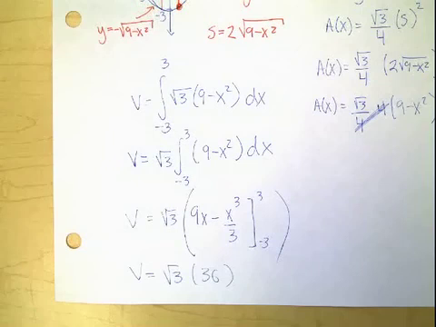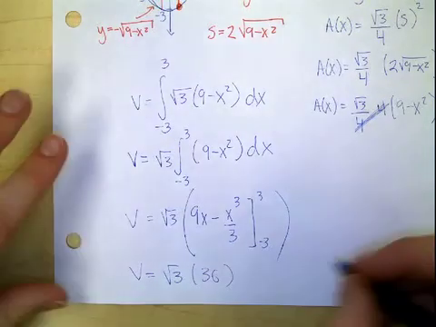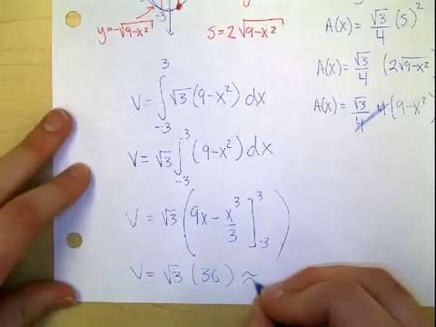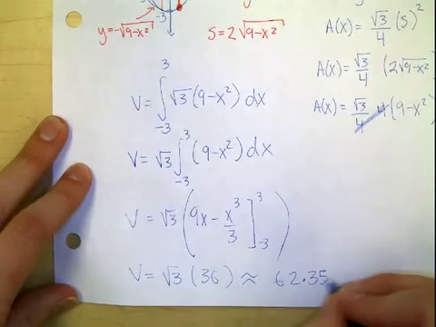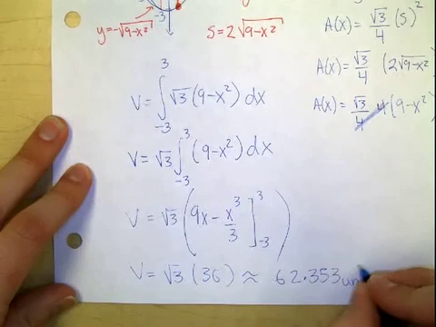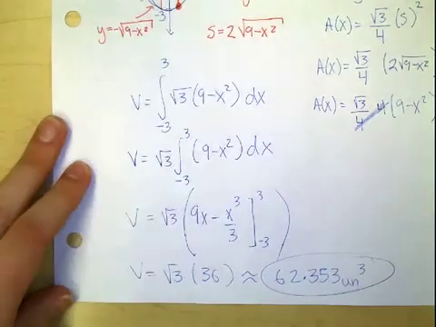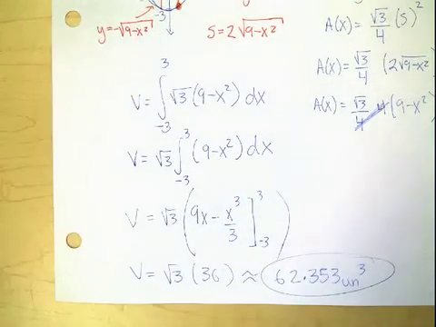So volume equals 36 times radical 3, which if you multiply that on your calculator, let's get that decimal in. 62.353. So this is about 62.353 units cubed. And I got my answer. And we're